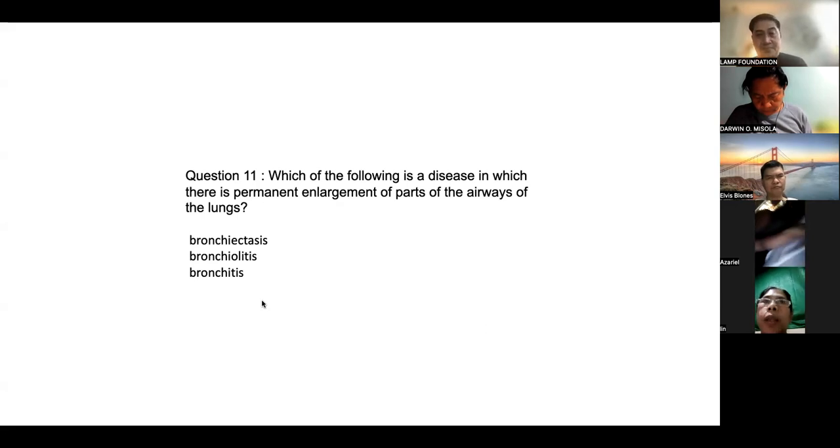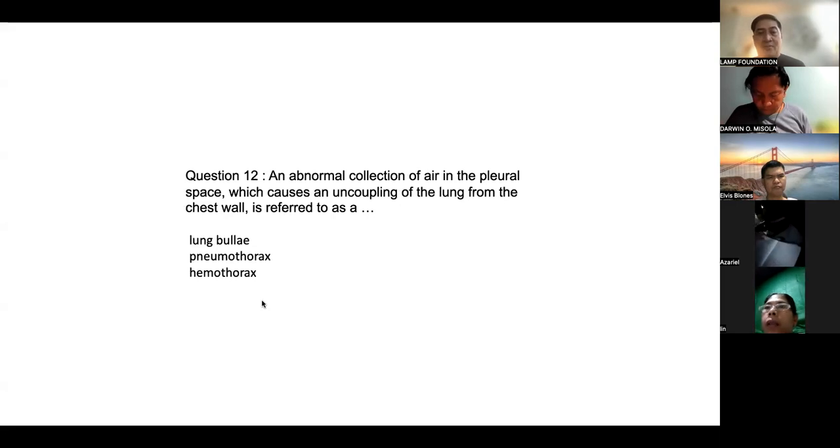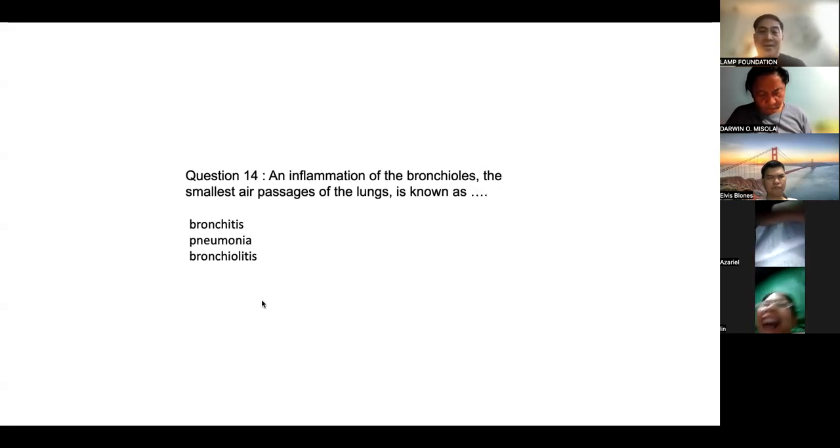a pneumothorax. Synchronous diaphragmatic flutter, or SDF, is the medical term for hiccups. Okay, so we should start calling hiccup as SDF. An inflammation of the bronchioles, the smallest air passages of the lungs, is known as